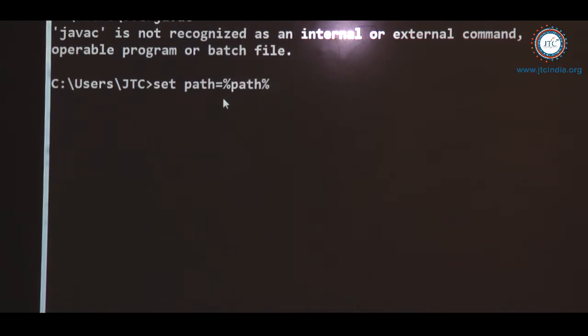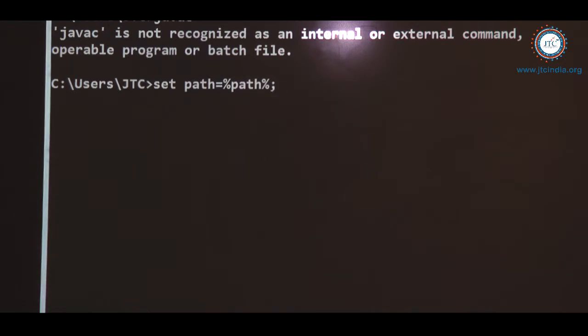What is the use of percentage? We will see, because it is very important. So set path is equal to %path%, and the semicolon I am writing here. Notice this, you must write the semicolon here, right?